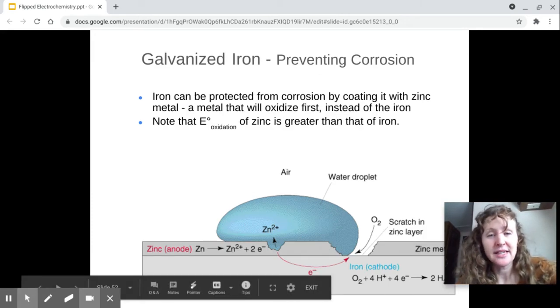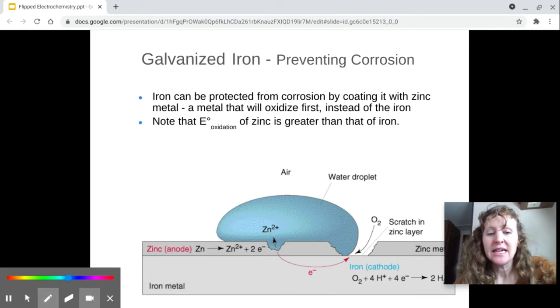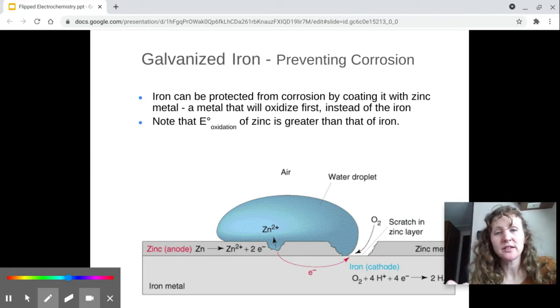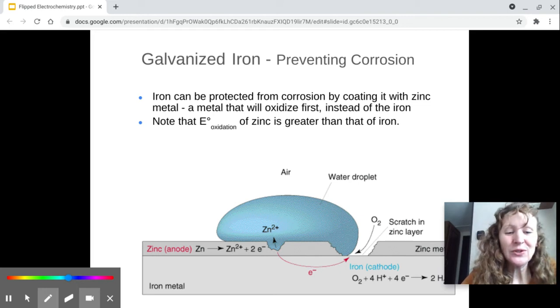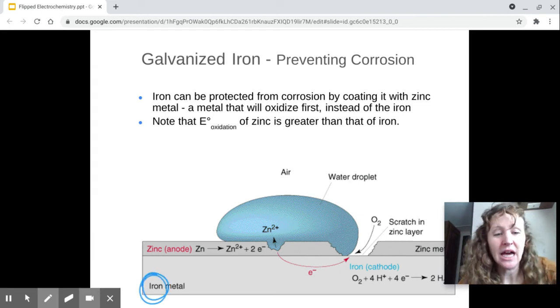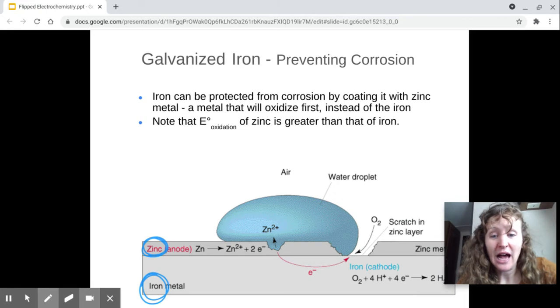Galvanizing metals is another redox process. What happens when you galvanize a metal is you coat a metal that reacts very quickly with oxygen with a metal that reacts even faster with oxygen. Notice here we have iron metal on the bottom, but the iron is actually covered with a layer of zinc. And so if oxygen comes in contact with both of them at the same time, zinc is more easily